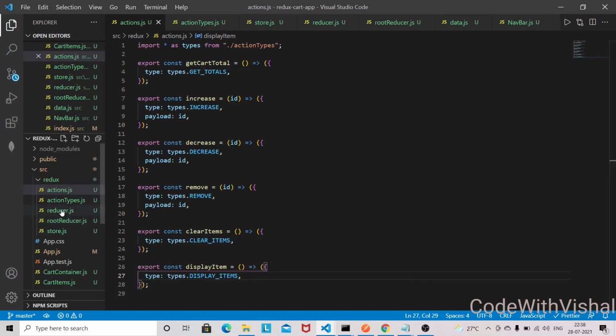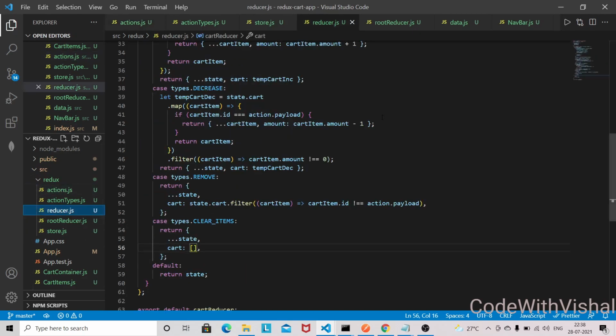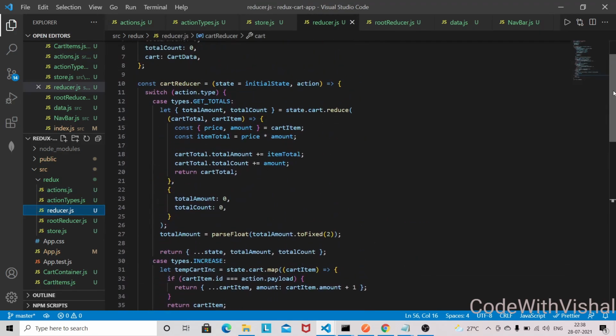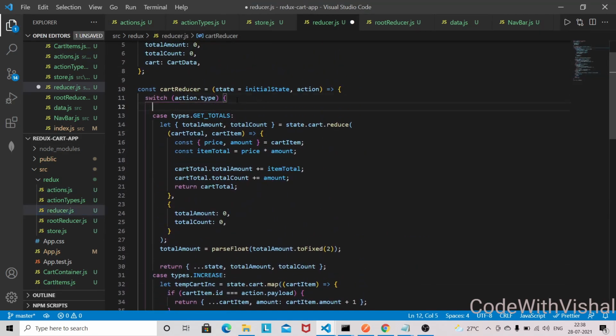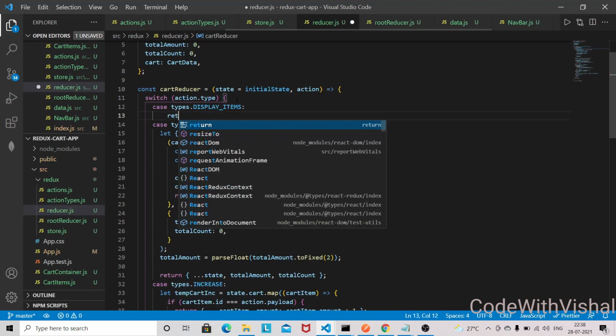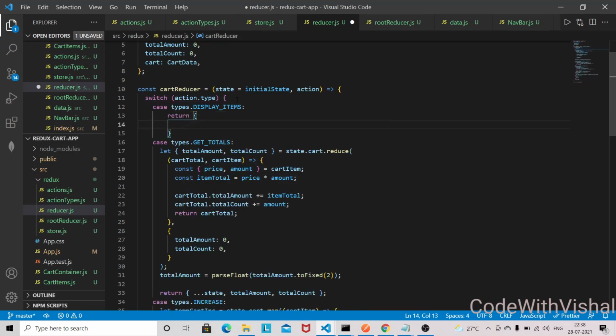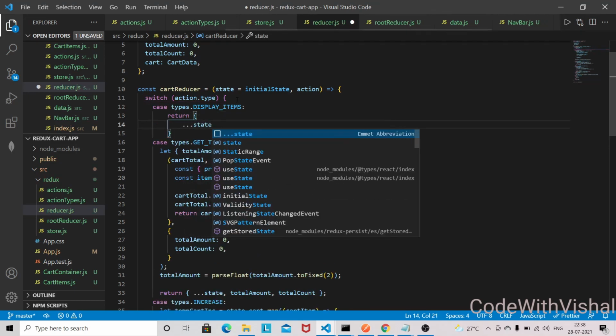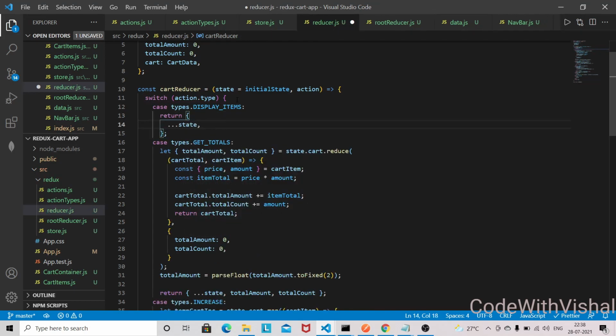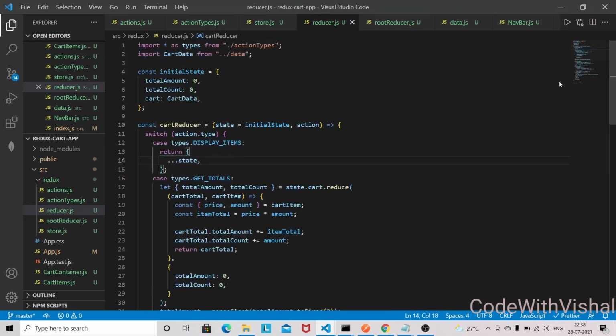Okay, and let's add that scenario in our switch case statement. So I'll be adding here at the top, case types dot display items, return, and just simply return this state. Okay,